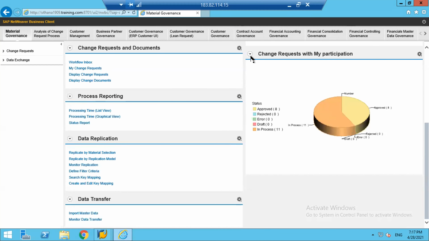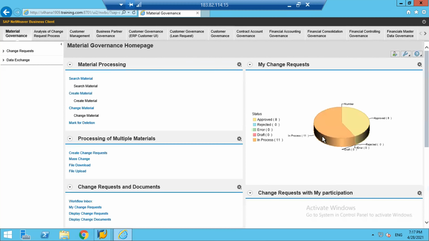If you see here, we have a pie chart wherein you can see how many master data are approved, how many are rejected, how many are in error, how many are in draft state, and how many are still in progress. You can see that reporting. These are the change requests.